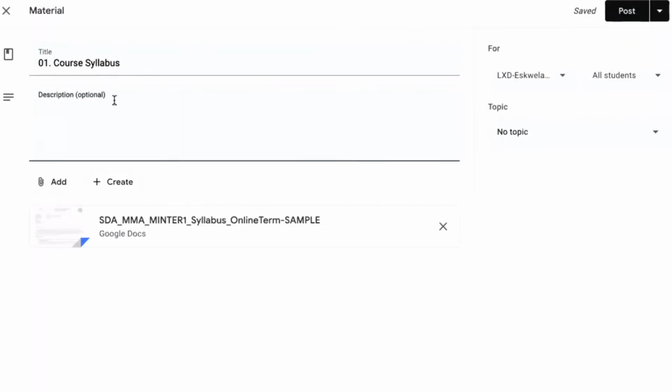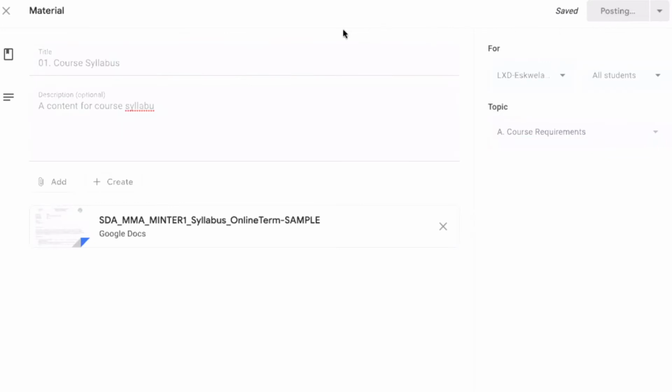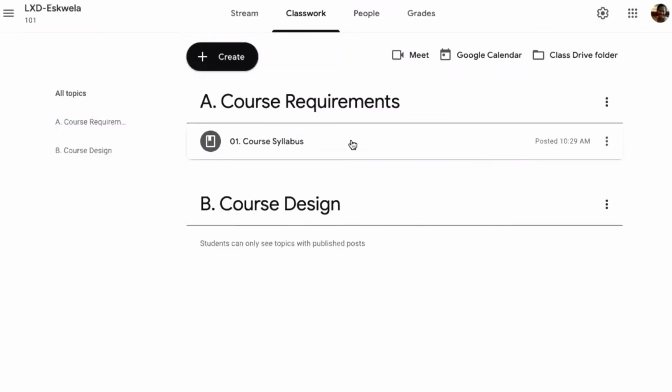Ayan, so I just need to add, of course, if we have time. Okay, we'll add sample, okay, syllabus, or add syllabus, add content, or add instruction, add description. Okay, a content for course syllabus. Okay, so the next thing to do, of course, is to set the topic of this one. Of course, this is under course requirements, and then you have to post. Okay, so after posting this, you will be redirected to the classwork page again, and then you need to create